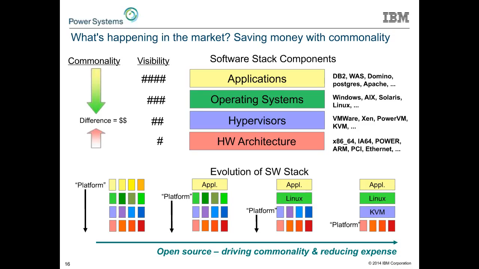And you've driven commonality now into the enterprise, which means you have made the platform selection, platform again with air quotes, or the hardware architecture selection, as cheap as possible in the enterprise. And so this is what's going on in the marketplace. This convergence is saving enterprises money. Most enterprises have multiple platforms.